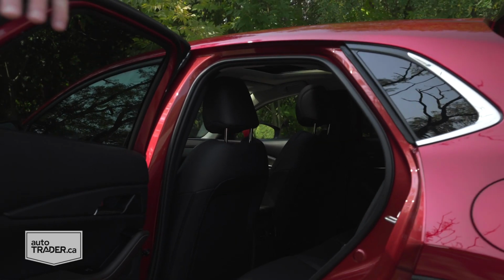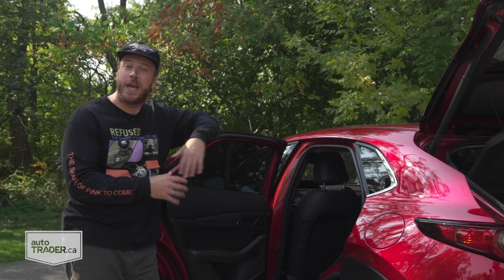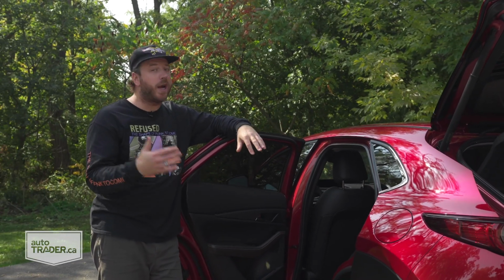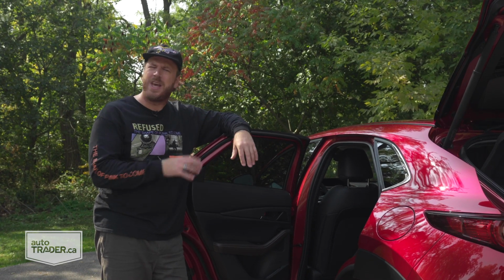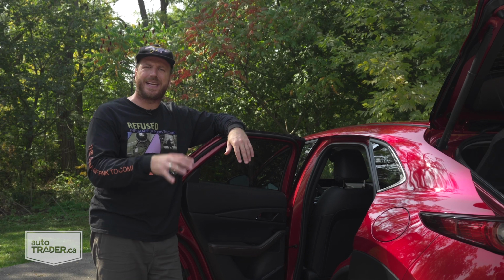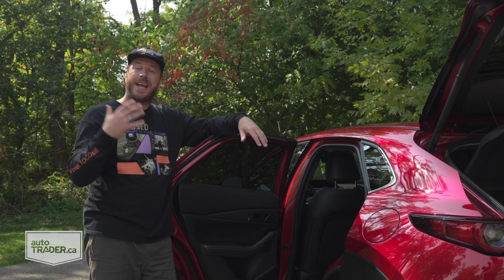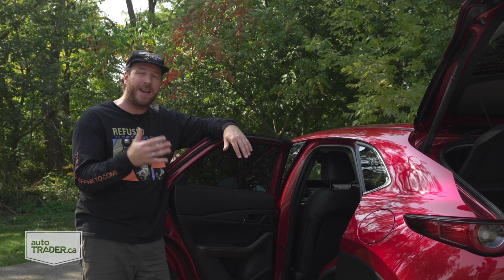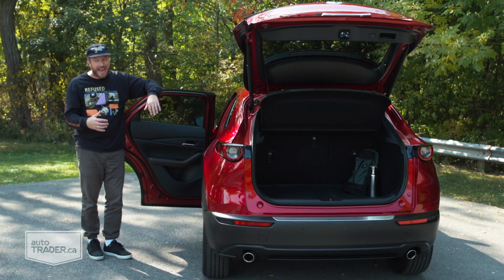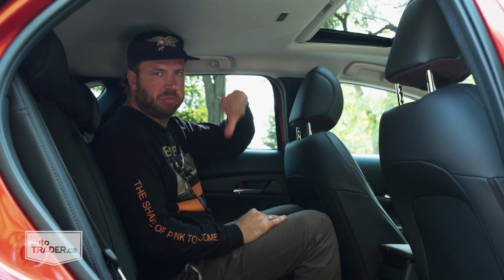You're going to start to notice some serious compromises in this thing as soon as you look behind the B-pillars. Now granted, these doors do open nice and wide, which is great if you have to load little ones into car seats or help with stuck buckles, but the space back here isn't exactly generous. And the same goes with these door openings. They're not all that wide, and I keep whacking my head off of the door frame when I get in and out of both the front and back seats. Now I can fit back here, but it's only barely, and it does feel pretty claustrophobic,